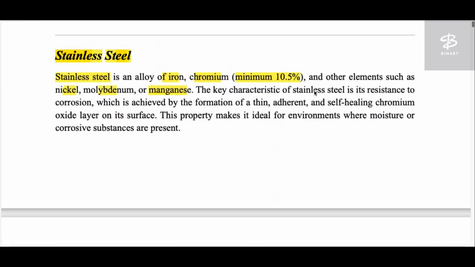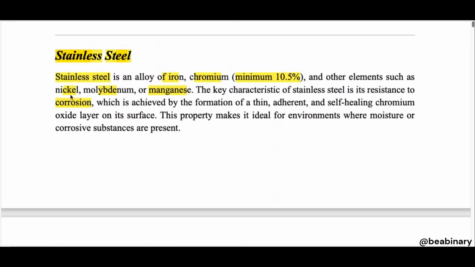The key characteristic of stainless steel is its resistance to corrosion. As we all know, our stair railing and gallery railing are made of it, or these materials are basically used for that purpose because they cannot get rusted. They keep the same shine as earlier. They do not lose their shine because they are corrosion resistant material,